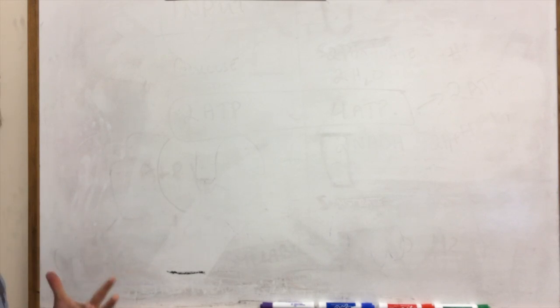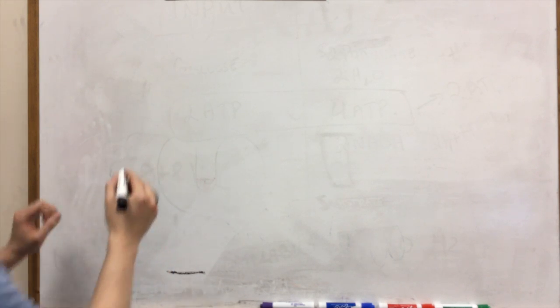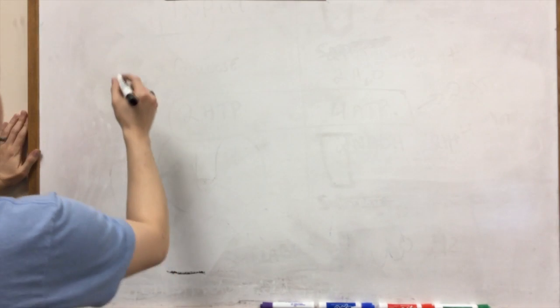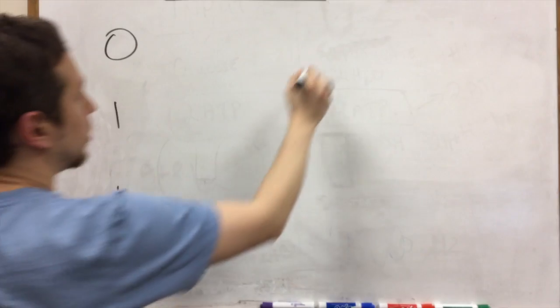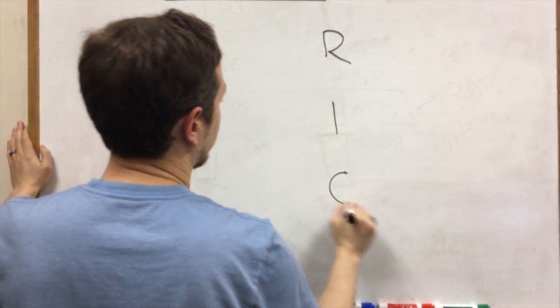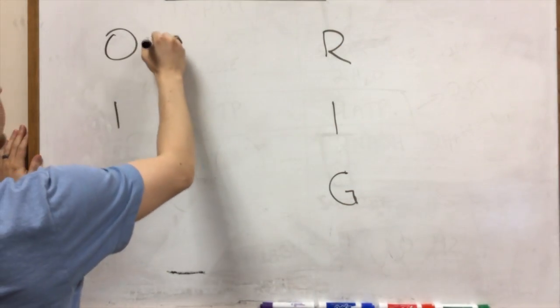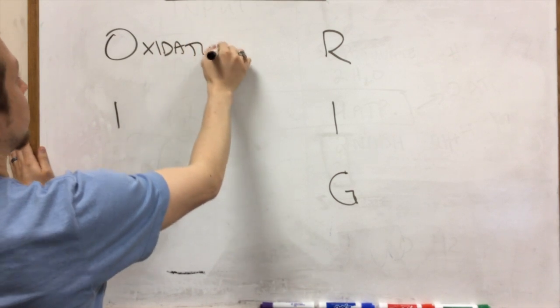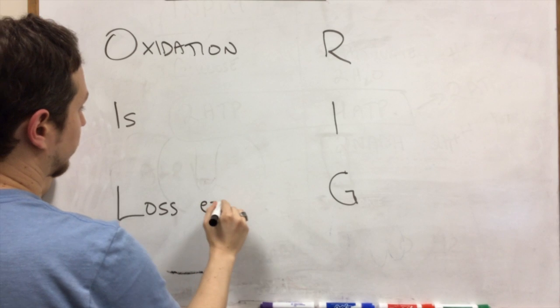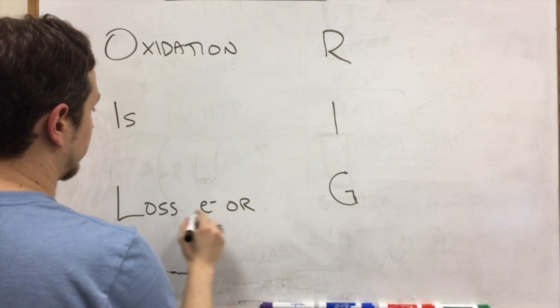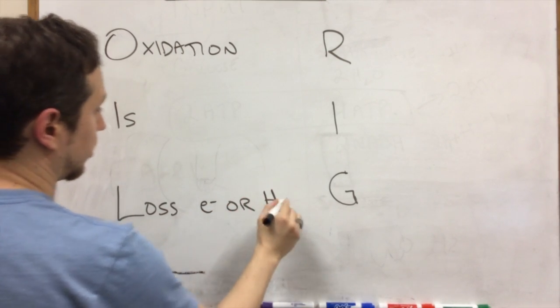So I've had some students ask for a review on redox reactions. So the first thing I want you to remember about redox reactions is when we're talking redox, what we're talking about is OIL RIG. And what this stands for is that oxidation is the loss of either electrons or hydrogens,